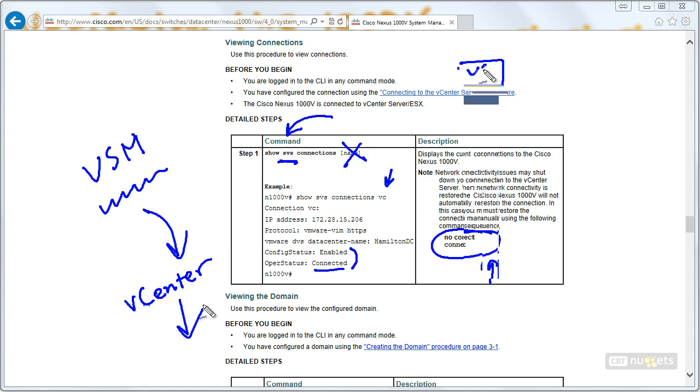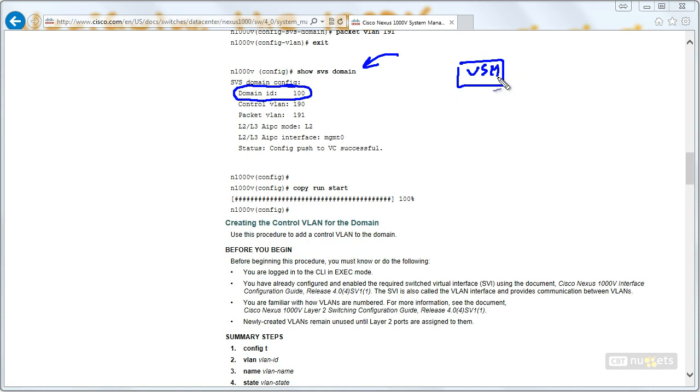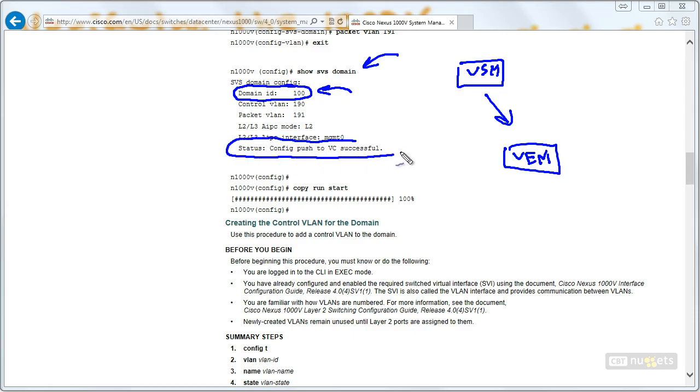is the glue that binds your virtual supervisor module to those virtual Ethernet modules out there. So they're all communicating via this domain ID that they all share. Something else that we want to make sure we see here is config push to VC, that's VMware's vCenter, is successful. So we want to make sure that the